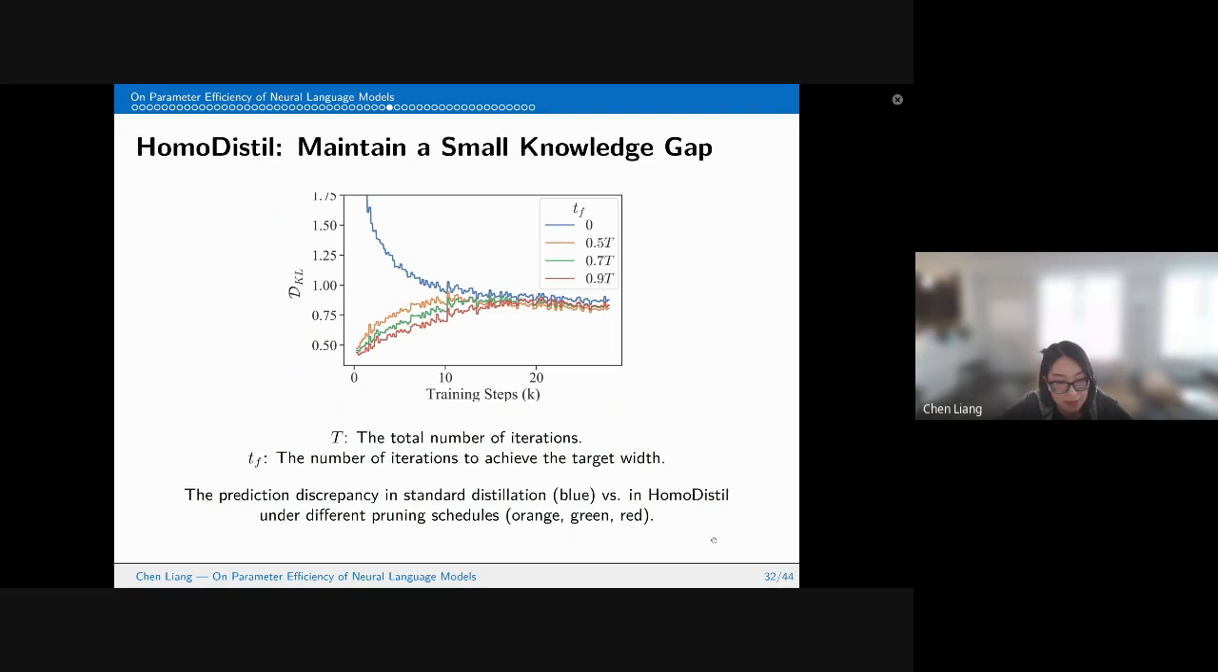So here is a visualization of the prediction discrepancy between teacher and student throughout the distillation process. Here, T_f denotes the number of iterations to achieve the target width in pruning, and the capital T denotes the total number of iterations in the distillation process. Setting T_f to 0 directly reduces homotopic distillation to standard distillation. So this blue curve represents the prediction discrepancy in standard distillation, while the bottom three curves represent the prediction discrepancy in homotopic distillation